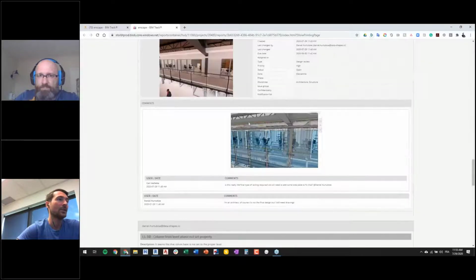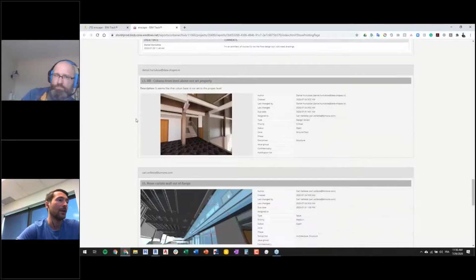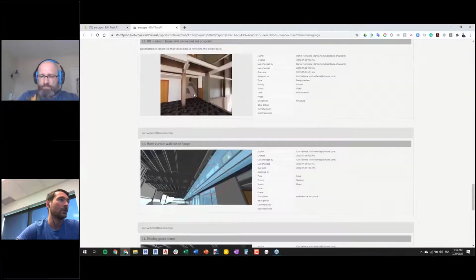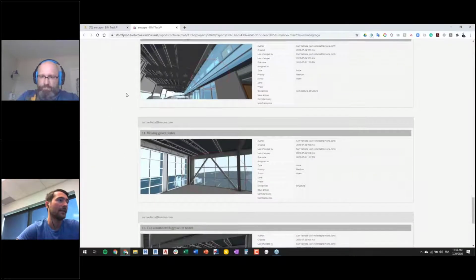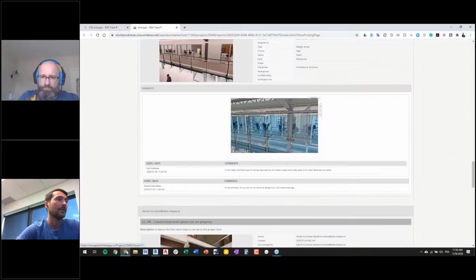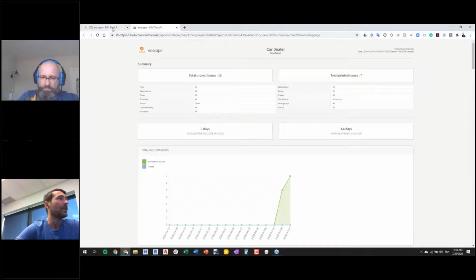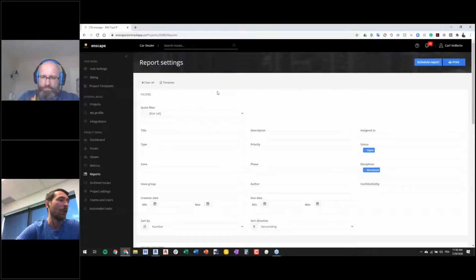So you're going to see, obviously, the screenshots that were created in the issue inside Revit, and you're going to also see the image coming from the Enscape environment. So obviously you could have different sources of questions and answers coming from different software in the same report like that. So this is pretty much what can be done with the integration. So it's really both ways.